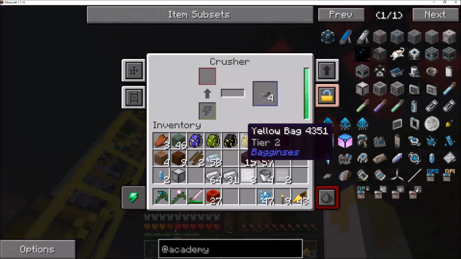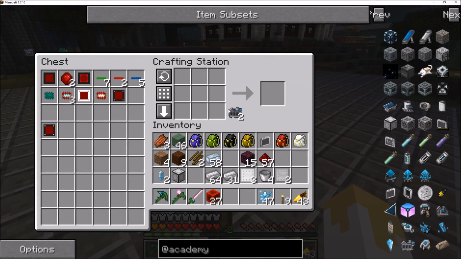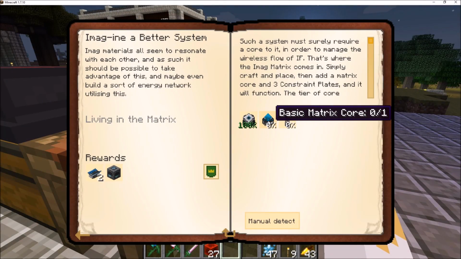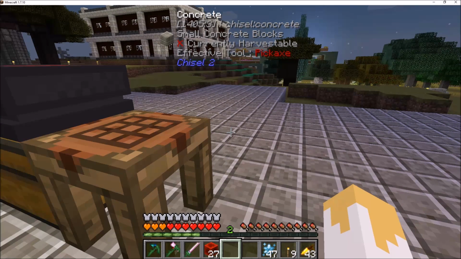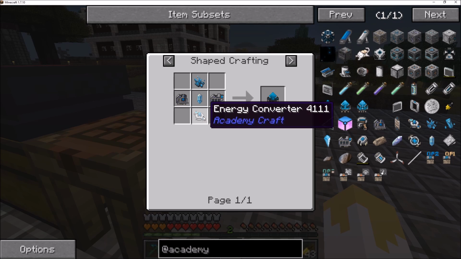I think these are done now. They've stopped the clanging. Okay, we've got our data chips. That goes in the middle, and then 2 pieces of redstone, and we have our wireless matrix. Alright, now let me make these other 2 things off camera. I'm gonna make this basic matrix core, which is just 2 more of those data chips. This low purity image crystal, which is just that, and then this energy converter,